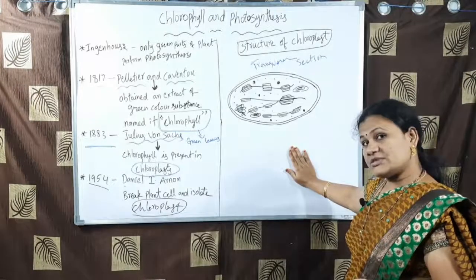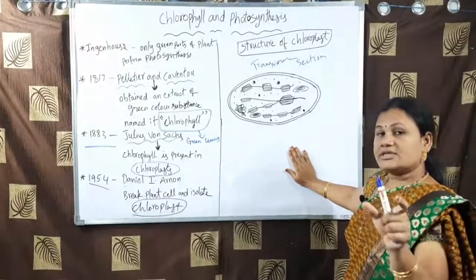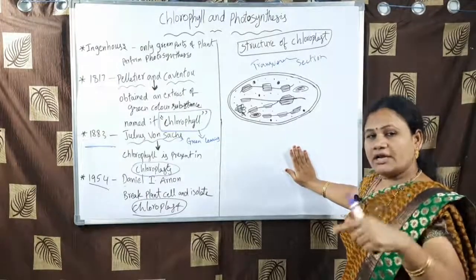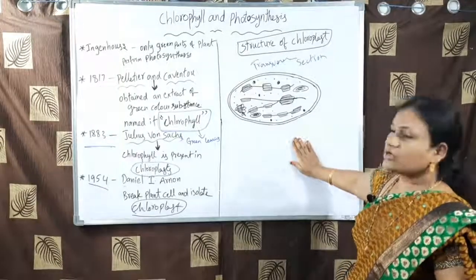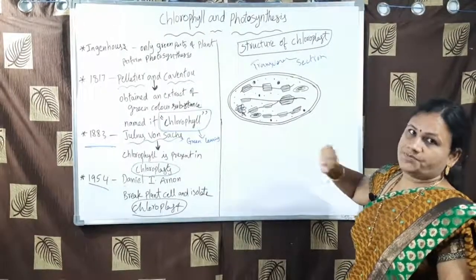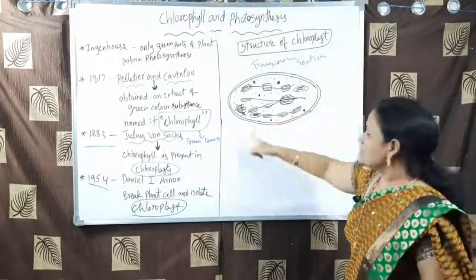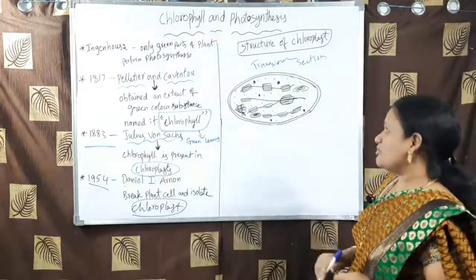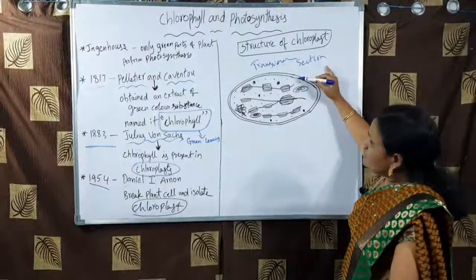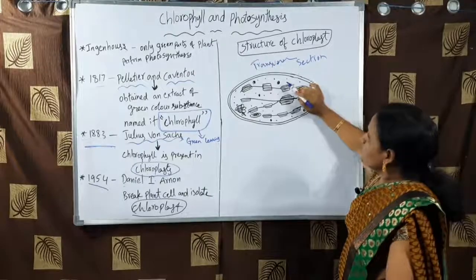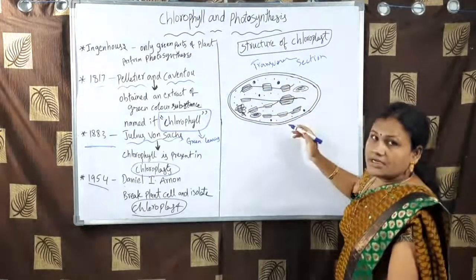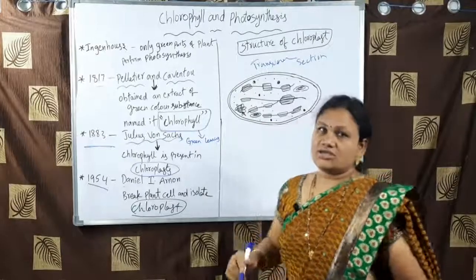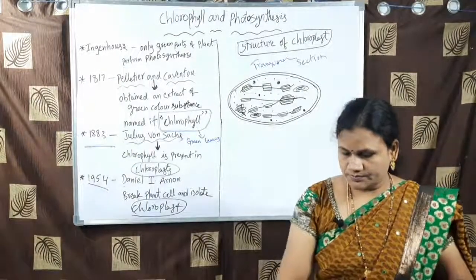Where is this chloroplast present? In the leaves. Chloroplast is one kind of organelle along with others, an intact structure. It's a disc shaped or oval shaped structure which is surrounded by 3 membranes. See here, you will be able to see only 2, 1, 2. But the inner layer, that means the third layer, forms into several stacks of sac-like structures called granum.